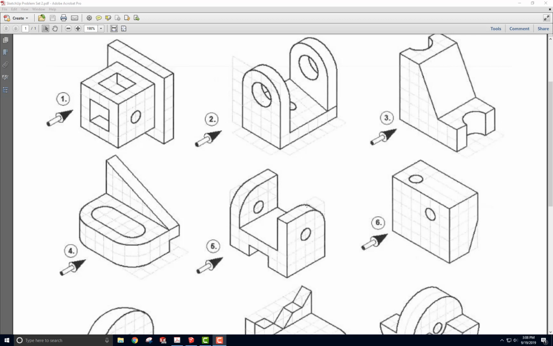Hey guys, welcome, and I'm just doing a quick demonstration of some of the models for SketchUp problem set number 2 in EDT. We'll start with number 1 here, and as you begin I want to remind you